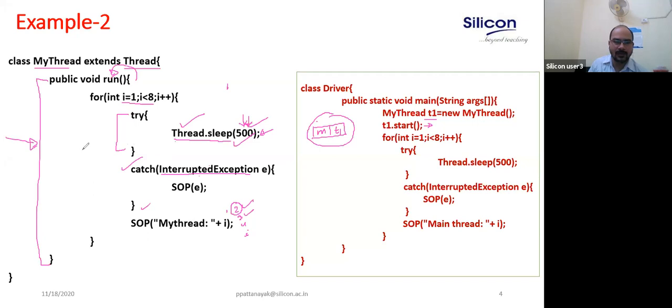So one thread, this thread will display the numbers 1 to 8. This thread is also doing the same thing. It is also displaying from 1 to 8. And this thread is sleeping for 500 milliseconds. The sleeping time I have provided is the same. And as I am using sleep, the moment you use sleep, it should be put inside the try block, and you must put the handler for it, because it throws one type of exception, that is InterruptedException. The sleep method will throw InterruptedException. Okay.